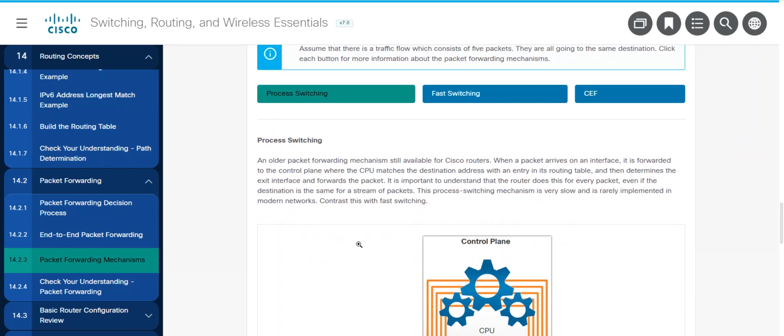Process switching is an older packet forwarding mechanism. Now, when a packet arrives on an interface, it is forwarded to the control plane where the CPU matches the destination address with an entry in its routing table and then determines the exit interface and forwards the packet. So the router does this for every single packet, even if the destination is the same for a whole stream of packets. Therefore, this is a slower process, so it's not really used